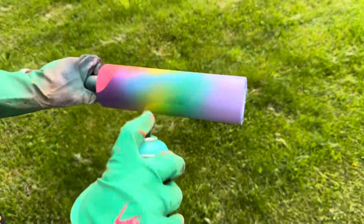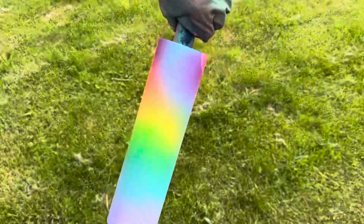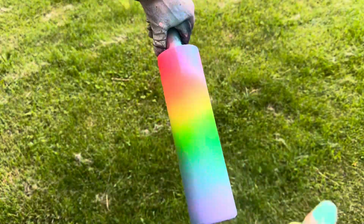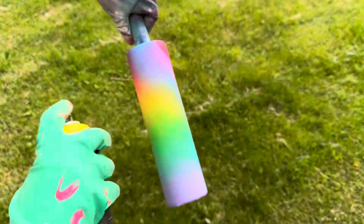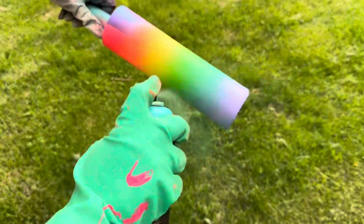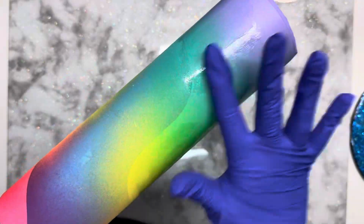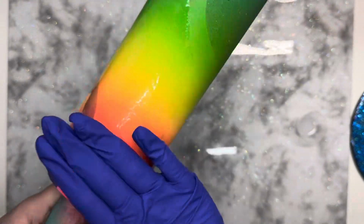So what I would have immediately done different on this is I would have not put the stencil down first. I would have spray painted the entire cup in rainbow and glittered the entire cup and epoxied it. And we're going to save the vinyl for last after the checkers have been completed. So we are not going to do the stencil. We're just going to glitter everything and then epoxy it just like I'm doing here, except we would epoxy the